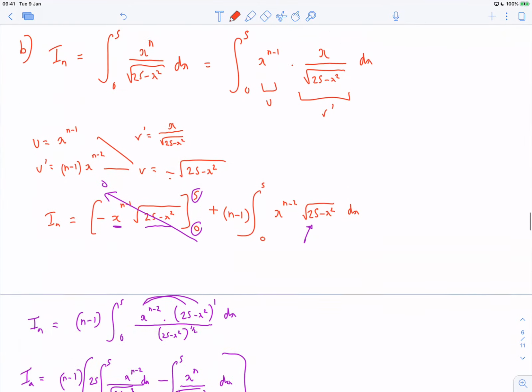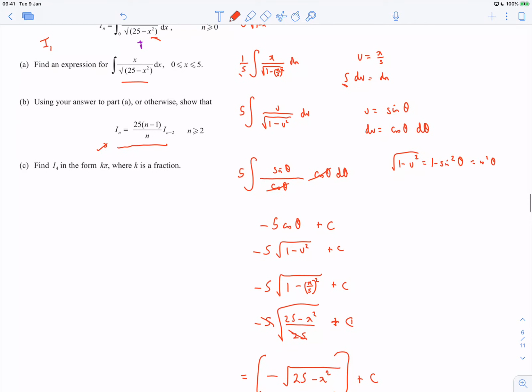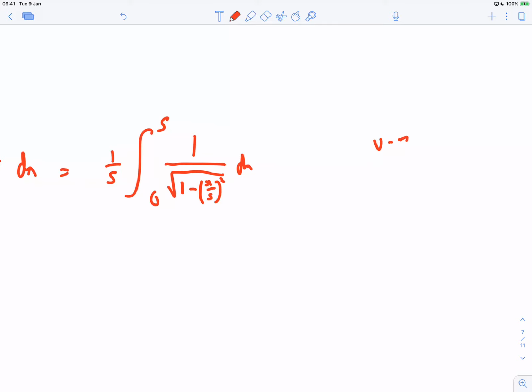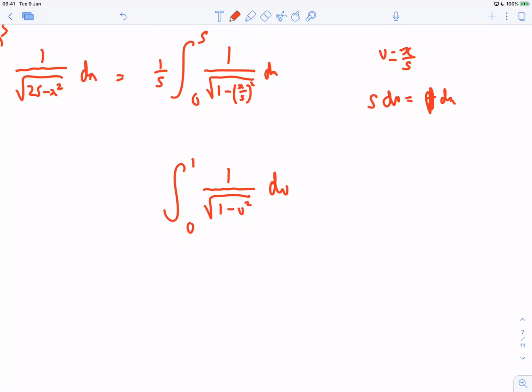I'm going to pull the same tricks as I did before, but this time, well, what would happen? I just wouldn't have this u on the top, would I? Well, I'd let u equals x over 5 and so on and so on. So if you let u equal x over 5, then this is going to be the integral between 1 and 0 of 1/5 of 1 over the square root of 1 minus u squared, and du equals 1/5 of dx, or rather 5 du equals dx, so that disappears, that becomes this, and now I know straight away